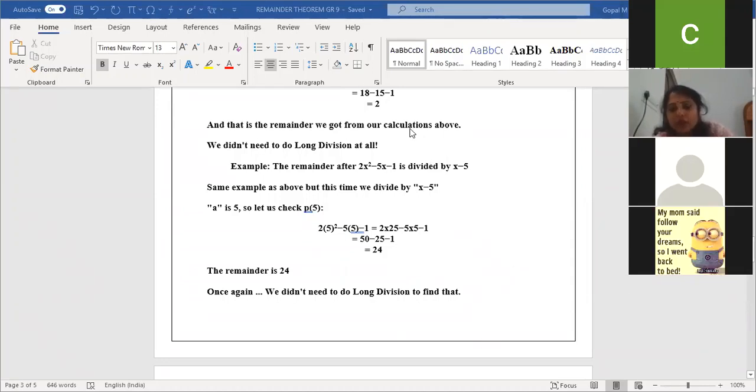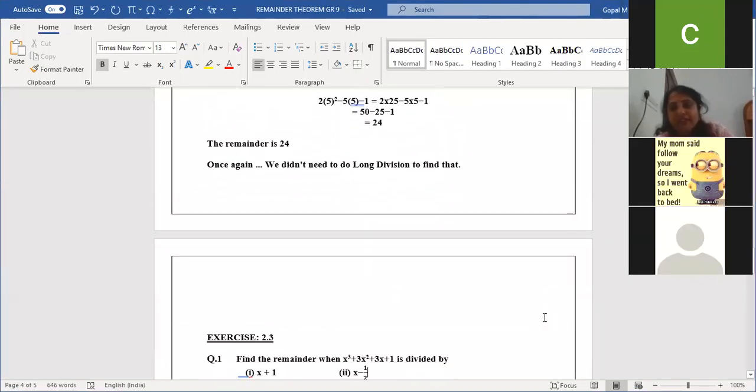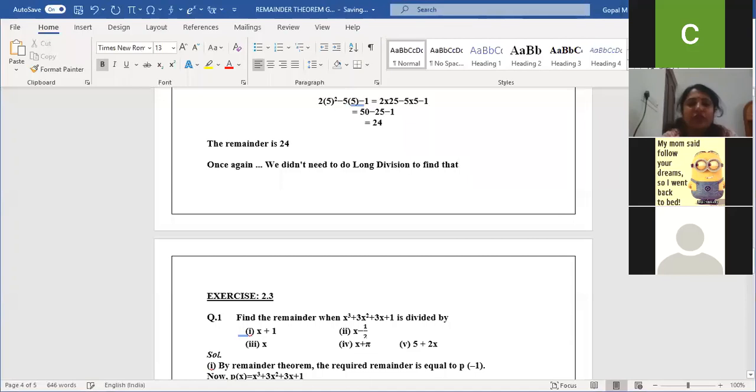Okay. Shall we move on to exercise 2 point? Which exercise are we in? 2.3. Ma'am, should we read this whole thing? Aishwarya, just now I said I'll edit everything, whichever you require to write in classwork, that one you write. Okay, ma'am.